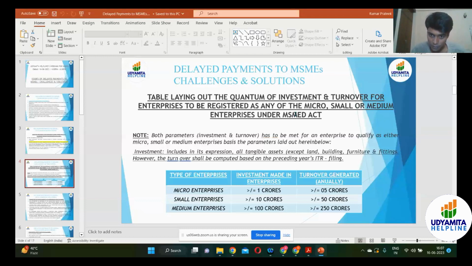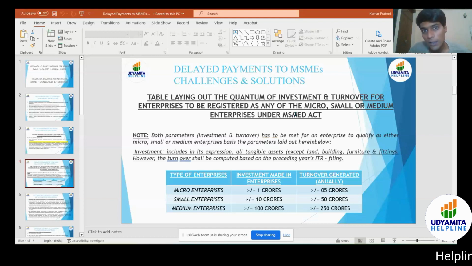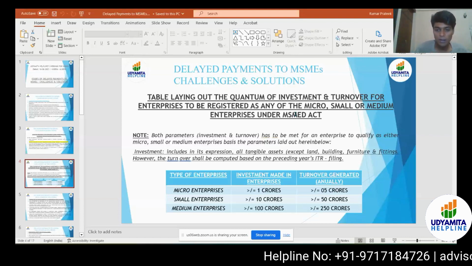Now, it can happen that your enterprise may be upgraded or downgraded because the investment in your enterprise has exceeded 1 crore, or your turnover generated annually has exceeded 5 crores. It is not changed immediately, but the registration gets upgraded or downgraded in the upcoming year. So for the next year, your registration would be downgraded or upgraded. It doesn't operate in the same year. So going forward,